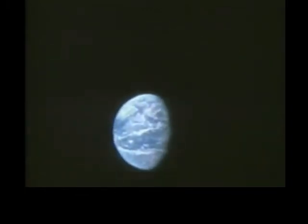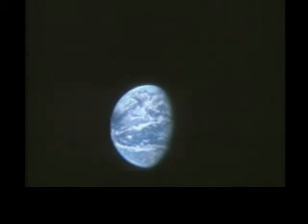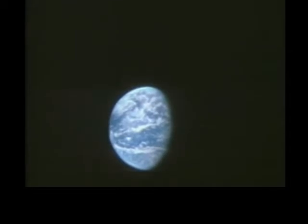This take was never used. As they perfected the shot, a crescent-shaped piece of black material was inset slightly into the window to create the illusion of the Earth's terminator line dividing night and day. It is uncannily convincing. During this segment, intended to be edited and played back later for the worldwide television audience,